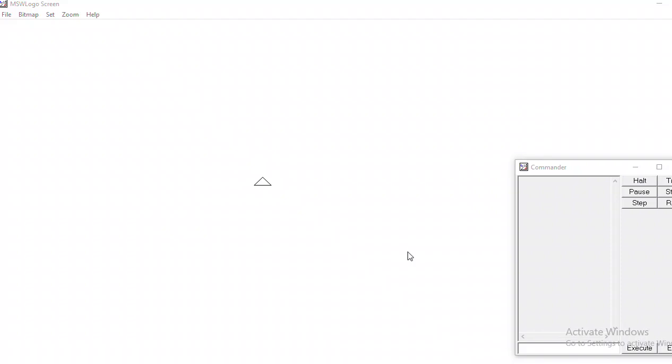Magical Turtle. Some part of that chapter remains, and we will be continuing from there. In Magical Turtle, we have done basically three things. One is the pen erase command, in which we used to rub out the commands which were wrong. Then we have done the PU and PD commands, that is pen up and pen down, like you used to make 2 or 3 figures together on one screen with the help of PU and PD